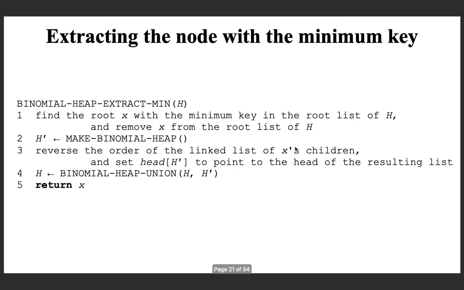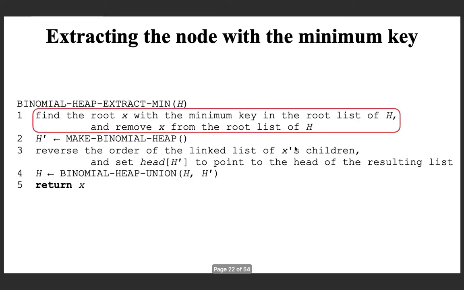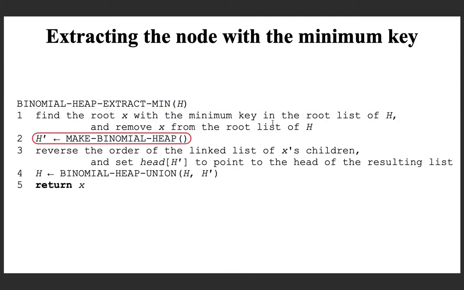If you write that as a procedure, what we did is: you find the root, say x, which contains the smallest key value. In the previous example, 1 was that value, and you remove that x from the root list. When you remove the links as well, after that you make an object to hold the address of the resulting heap. That is what you are doing here.